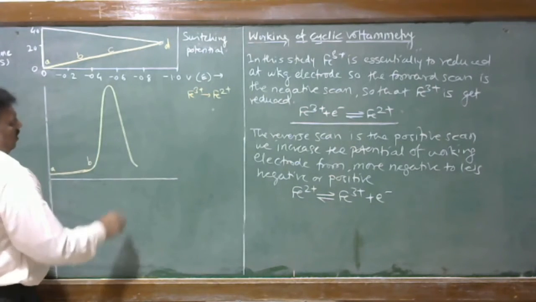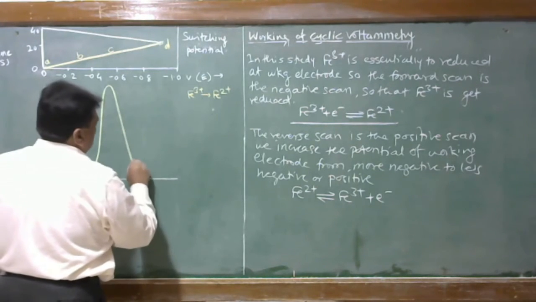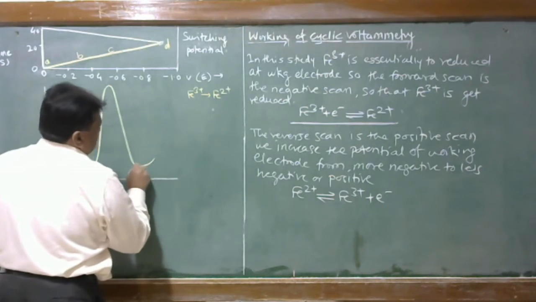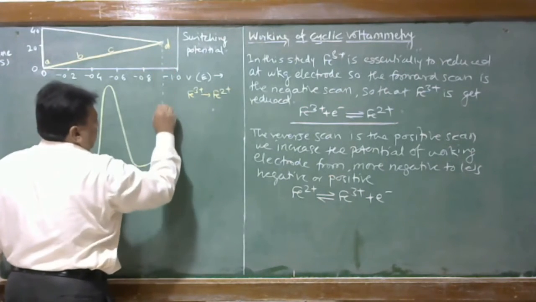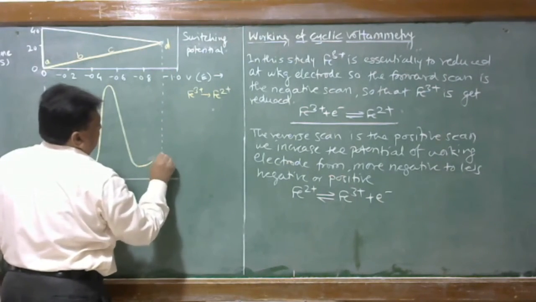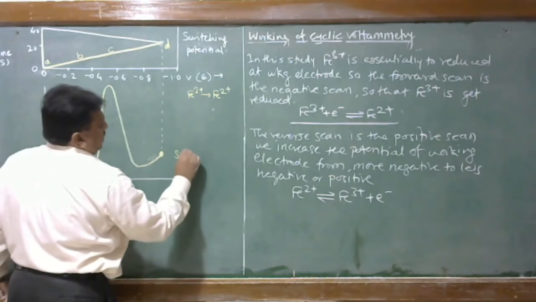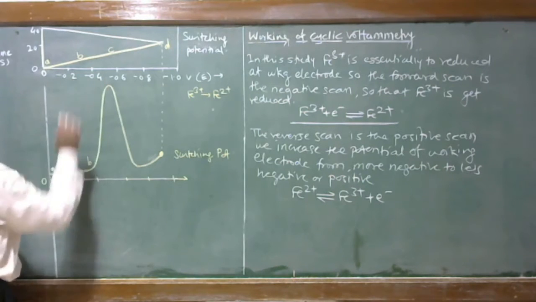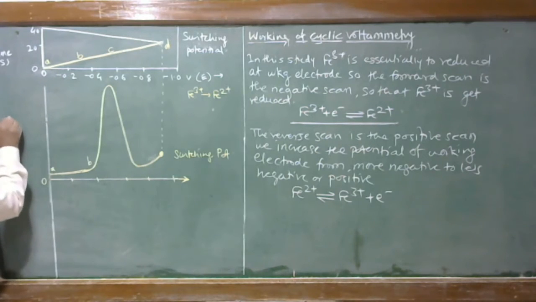Here, as we are increasing the potential of the working electrode, at a particular point we observe the increase in current. That is because of the reduction of the analyte. Therefore, this is point B here. This is the switching potential. Similar to this is a potential axis, and here this is a graph of current, which is a